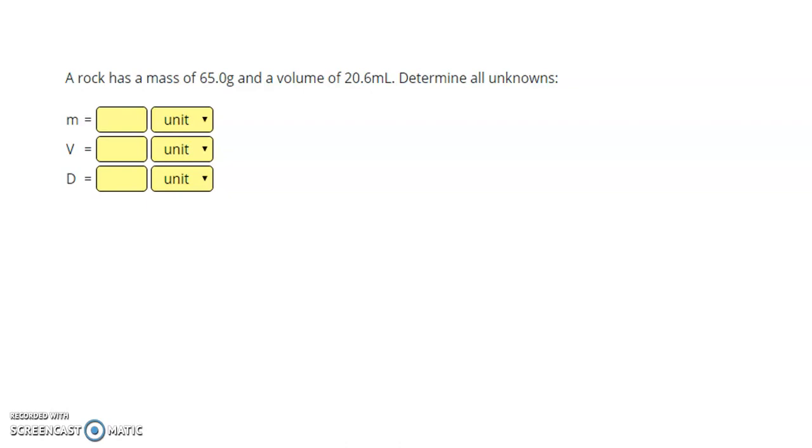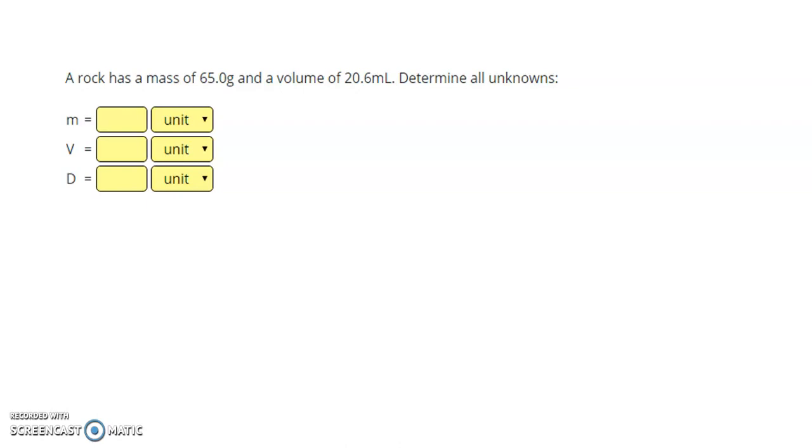This is the instructional video for the Unit 1 Density Preparation Problem. This problem says, a rock has a mass of 65 grams and a volume of 20.6 milliliters. Determine all unknowns. So when you read through the problem, you'll notice that the first value you have is 65